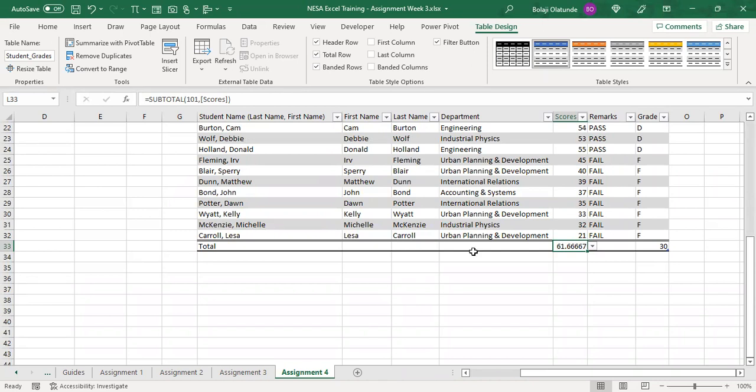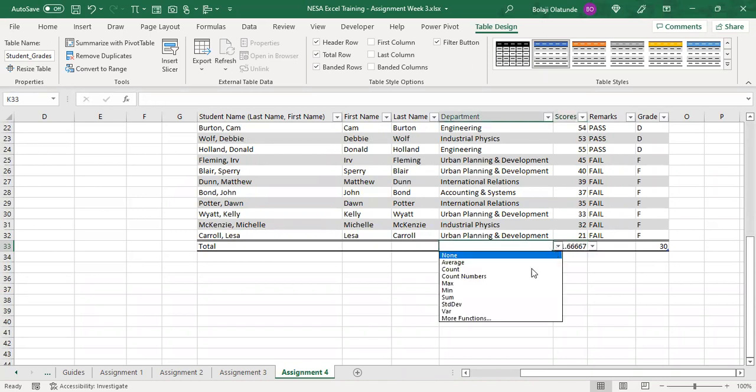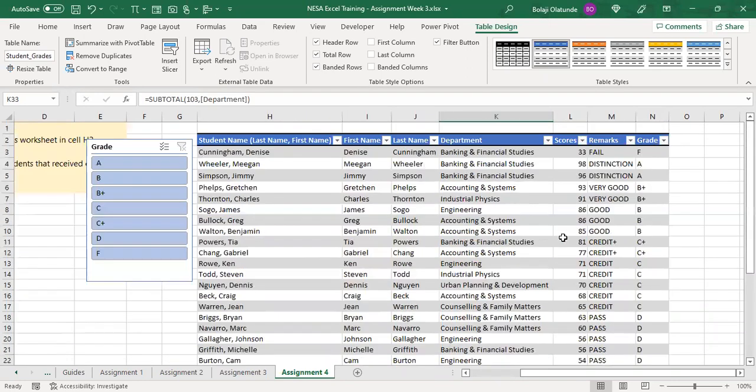So for example, if you're working with text, it doesn't make sense to do the max of text. There's no maximum value you can calculate for text values. But for these ones, you can probably do a count, right? So the last thing I will look at before we create the pivot table as required for the assignment